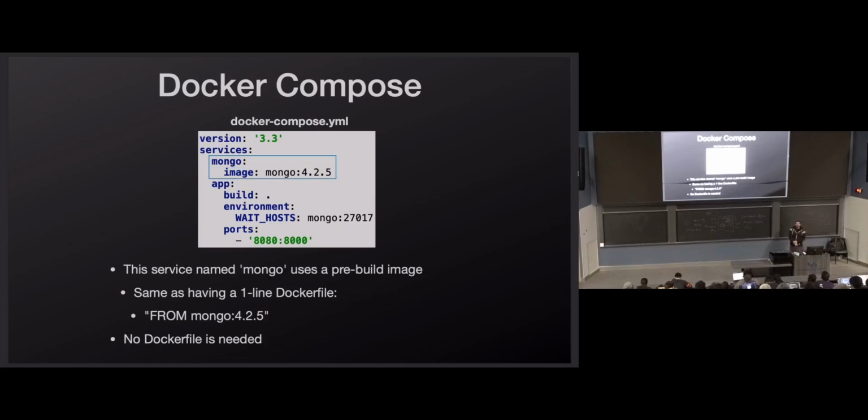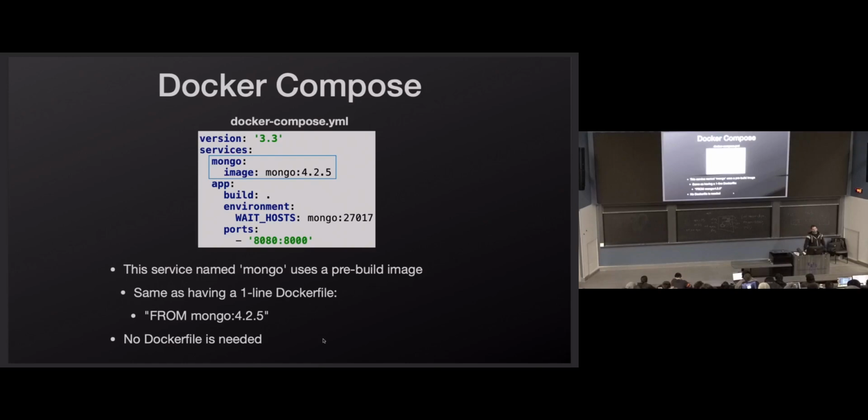For Mongo to create this container, we're just going to use an image. We're just going to download an image, the Mongo version 4.2.5. Again, that version might be a little outdated. If you want to use the latest stuff, you can update the version. But I'm going to specify the image, and this is going to be exactly the same as a one-line Dockerfile that says FROM mongo:4.2.5. I'm going to use just vanilla, straight up, whatever I get in that container, whatever default configuration is in there, that's what I'm going to use, and that's it. A one line, that's it. I'm just using their container with no modifications at all.